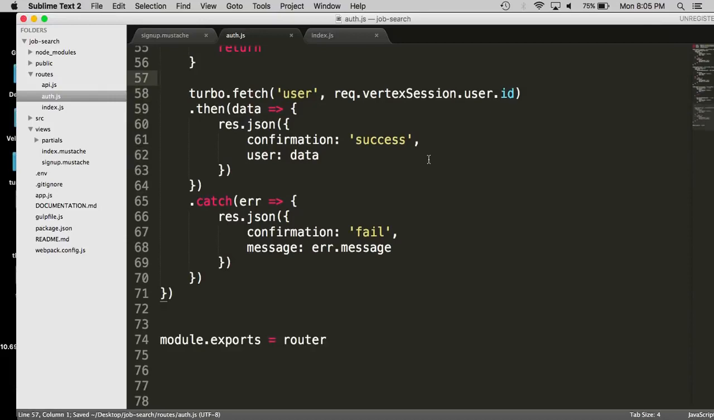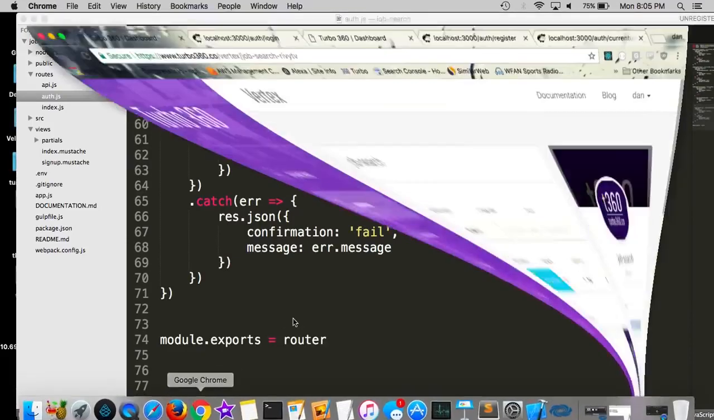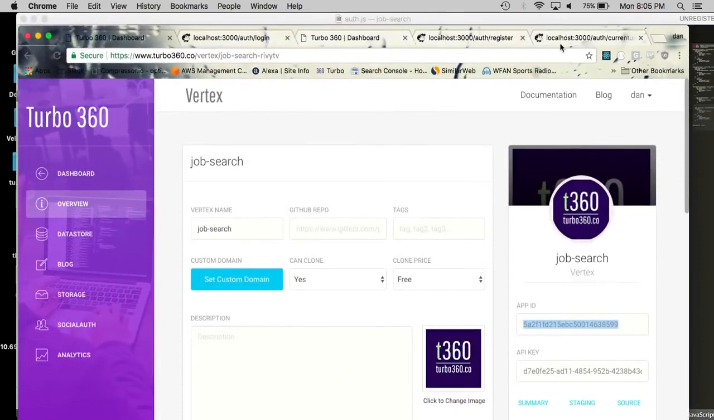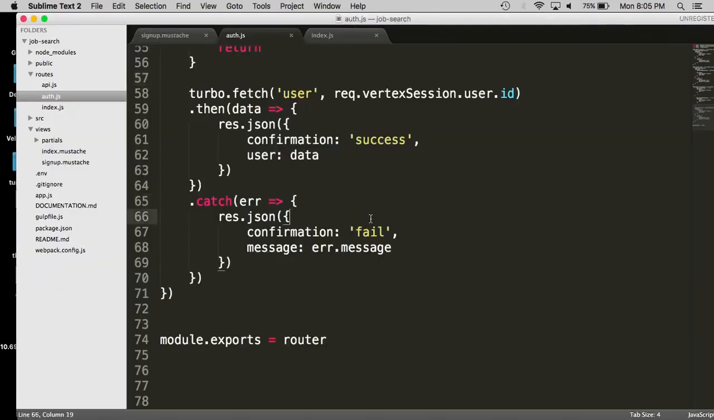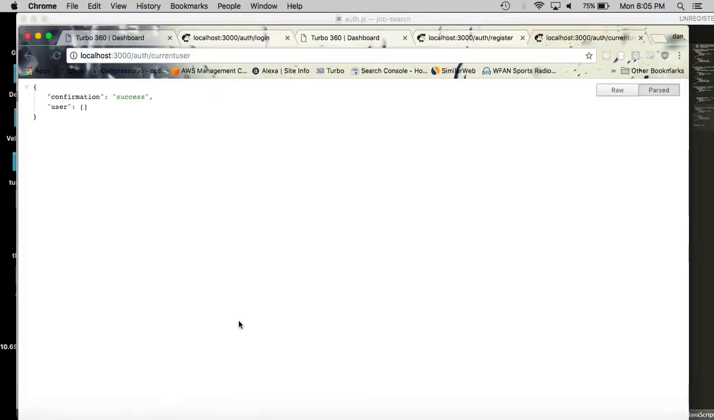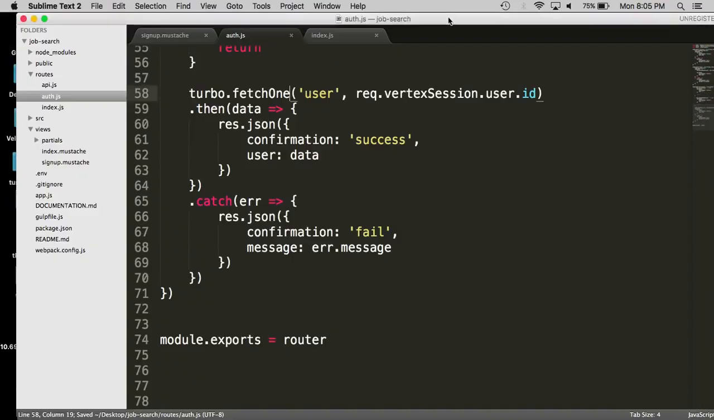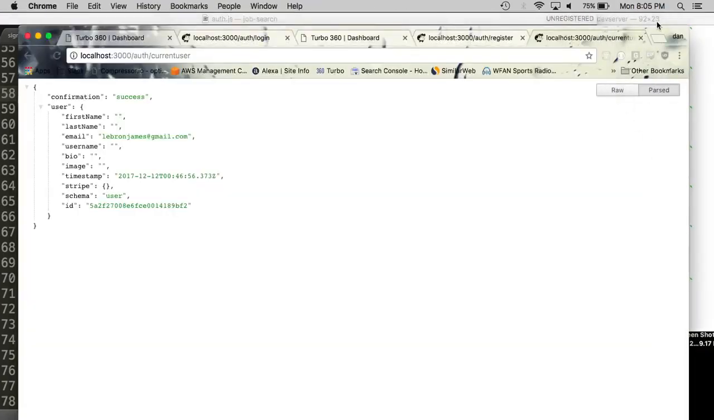All right, so let's test this guy out. So here, now I'm getting nothing. Yeah, I made a mistake. It's fetch one. Excuse me, fetch one. Because that's the fetch command for index by ID, the unique identifier. So my apologies. All right, so once you do that, on the auth route, now you get the entire logged